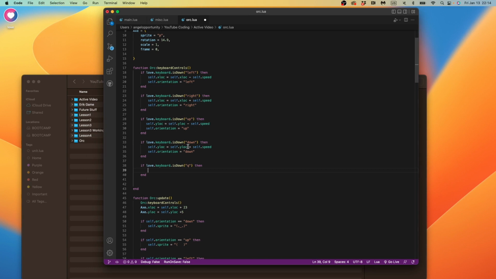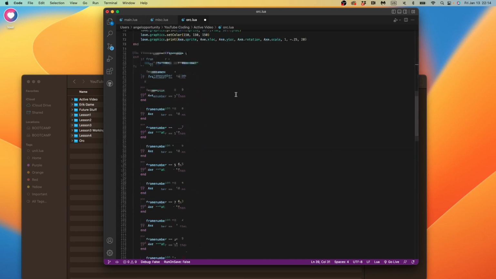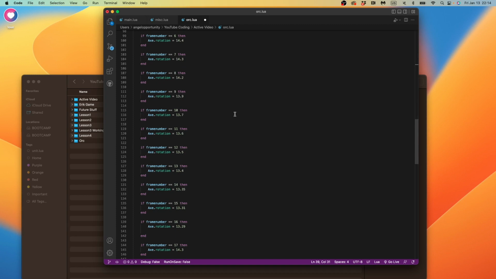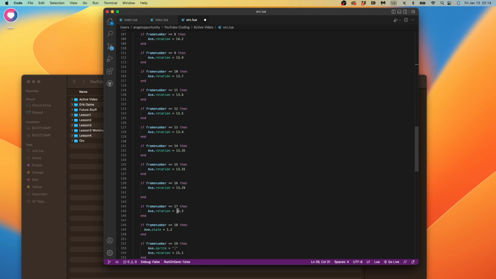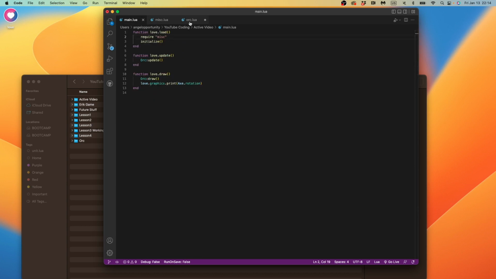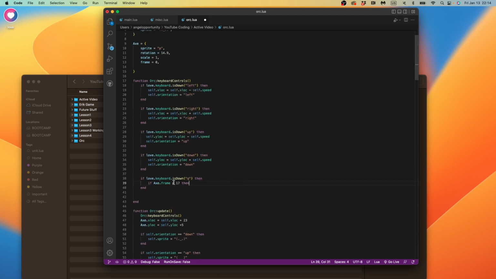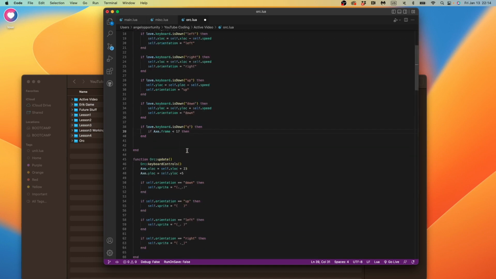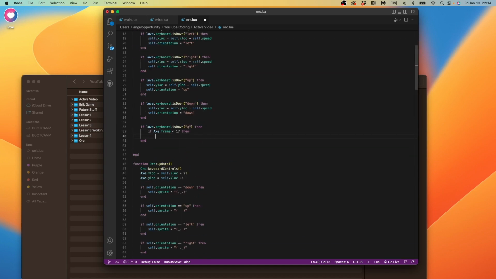We're going to say if axe.frame is less than 17. Why 17? Because 17 is the final frame of pullback, where he's pulling the axe back. 18 is when he starts to swing. So 17 startup frames. Actually, it's 16, so less than 17. Then we say animate